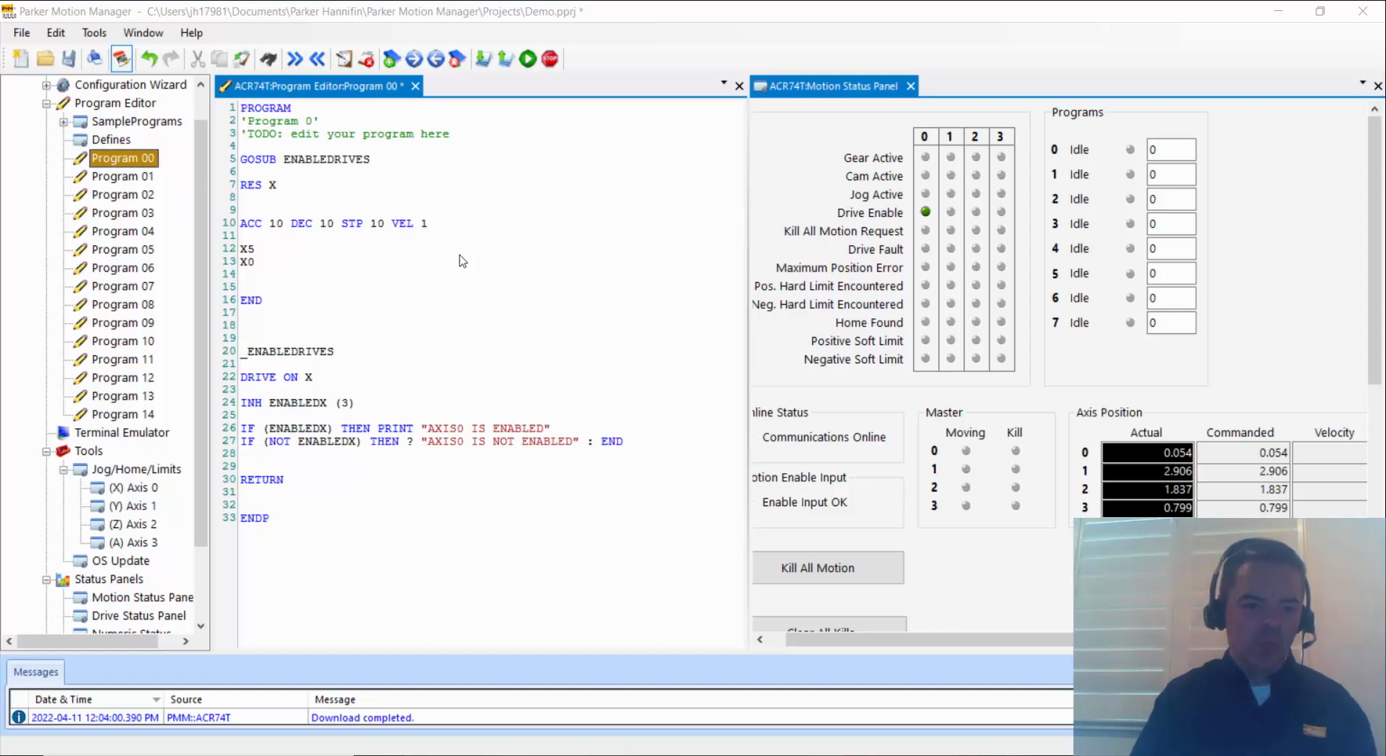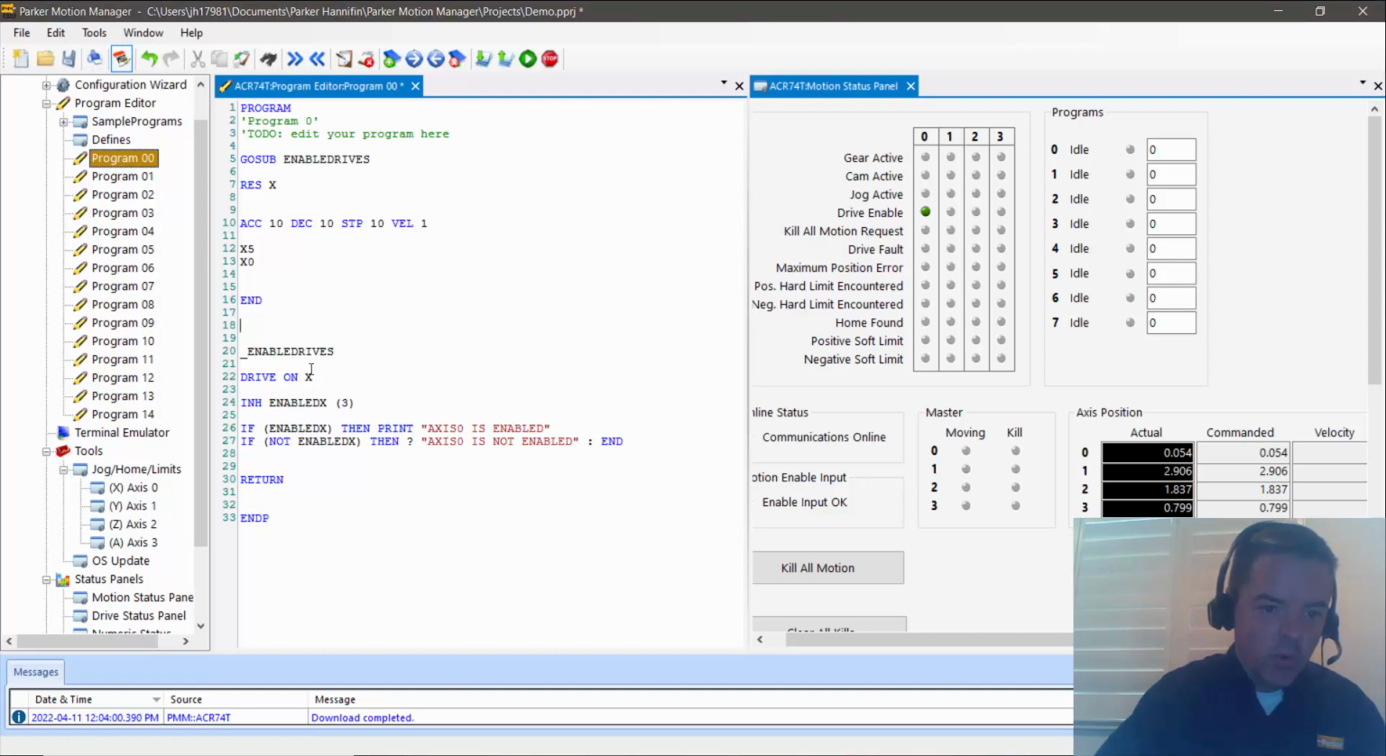Okay, so we've enabled, we can make motion, we've done a subroutine, we've made our code easier to read with defines, and so we've got 4 axes, let's start making multi-axis motion. So we can come into our program, and we're going to copy and paste